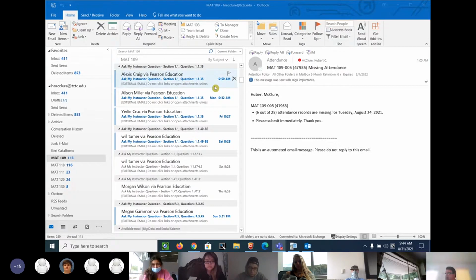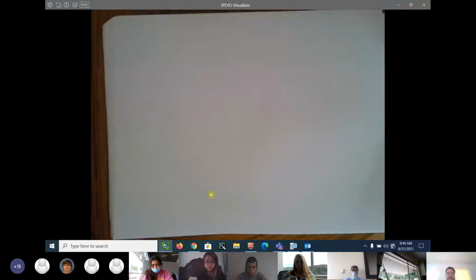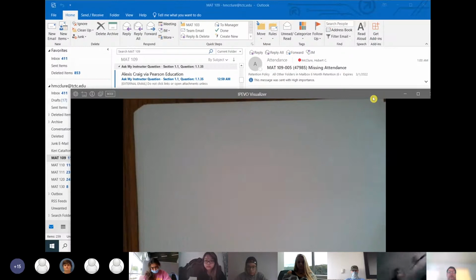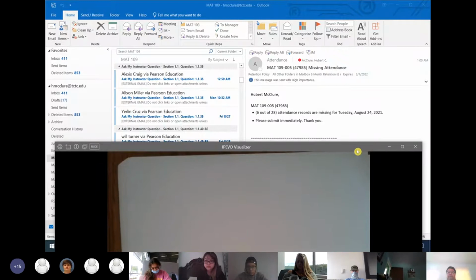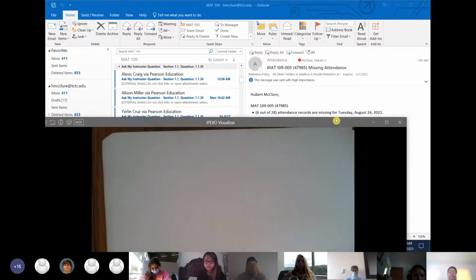I've got 7 classes, so I don't know what I've done with y'all. I think I've gone over some problems, but just in case, the first number is the chapter, the second number is the section, the third number is the homework in the book. If you look at the homework problems in the book, it looks like that number. And the fourth number is the number of the homework online. Okay? So this one right here